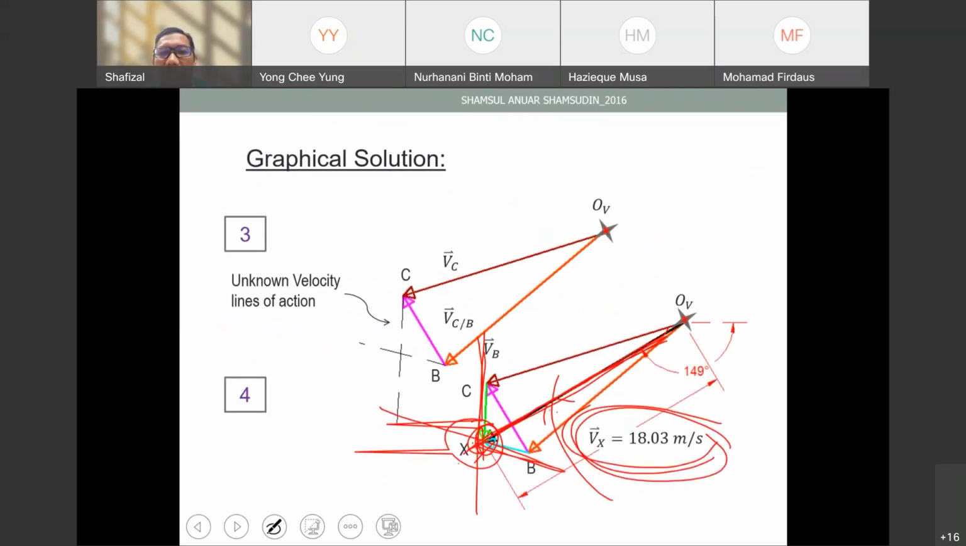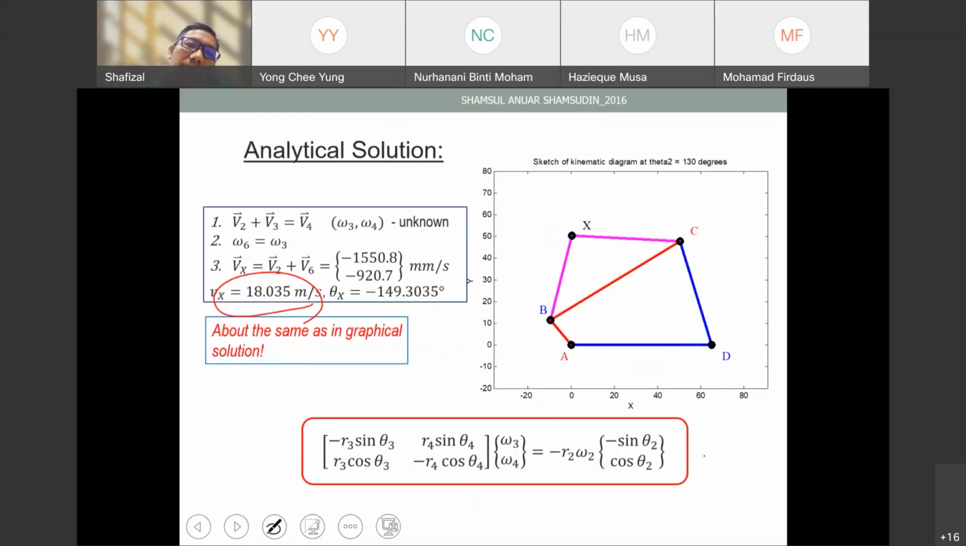Kalau kita guna lukisan 18.03 kan, kita lukis and then kita ukur the length. You just measure the length from the drawing, right, using graphical, using CAD software. Based on that, kita dapat 18.03. So based on the analytical solutions pun sama juga kan, from the vectors here, the answer is the same. So it's the same as the graphical solution. Alright. Okay, now